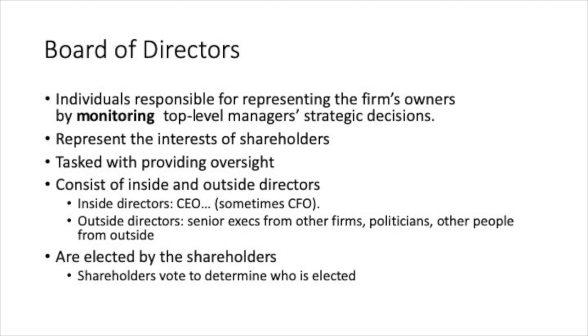Okay, and here's the board of directors. The board of directors stands between shareholders and the CEO. Their basic role is monitoring the top level CEO or managers. Why? Sometimes CEOs have really strong power. They might use their power to maximize their own interest, not the company's interest. And this is a really big problem from the shareholders' perspective. And this is why shareholders need a board of directors to take control of CEOs. The board of directors can appoint the CEO, and if the CEO is wrong, the board of directors can fire the CEO anytime they want.